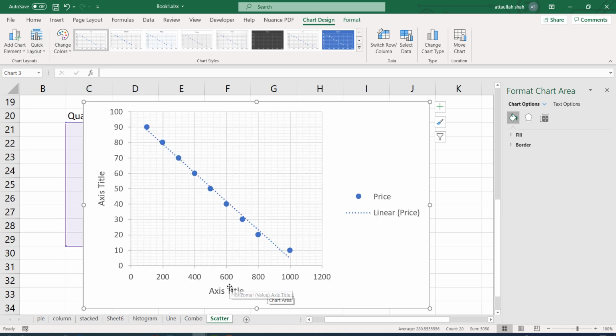Yes, so this is now quantity, and here we have price.